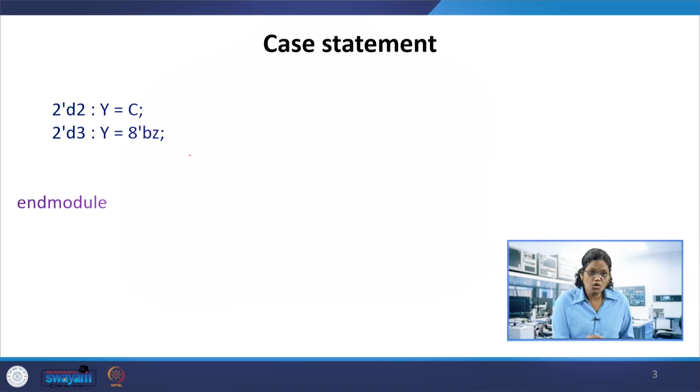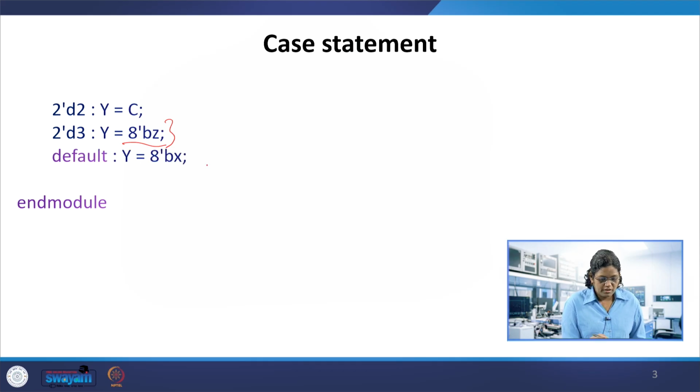In the other combination, that is the 4th combination, 2'd3, that is 1 1, assign 8-bit Z, the high impedance state. So, this case is not available, but we need to say what Y needs to be if the select line gets into 1 1. That should be told here.